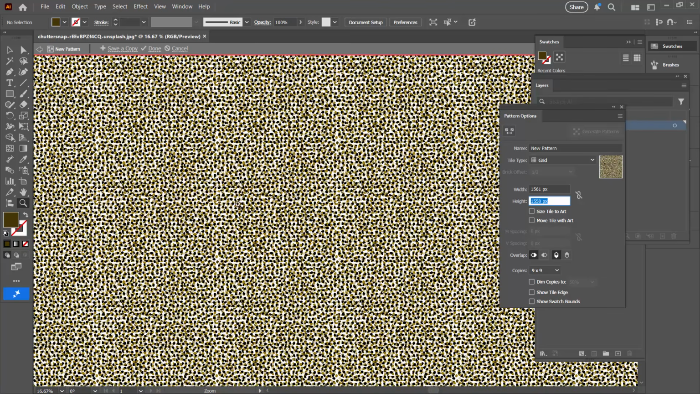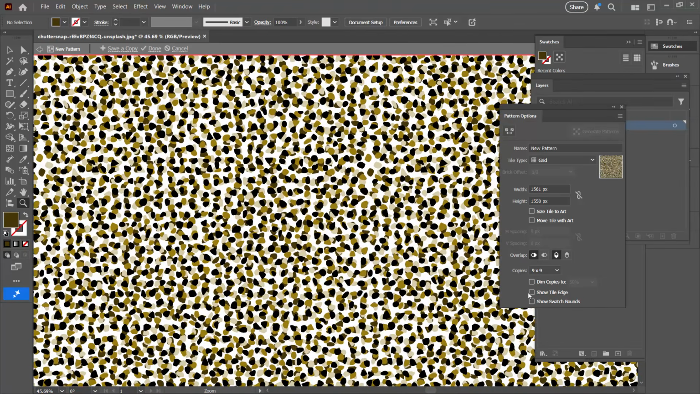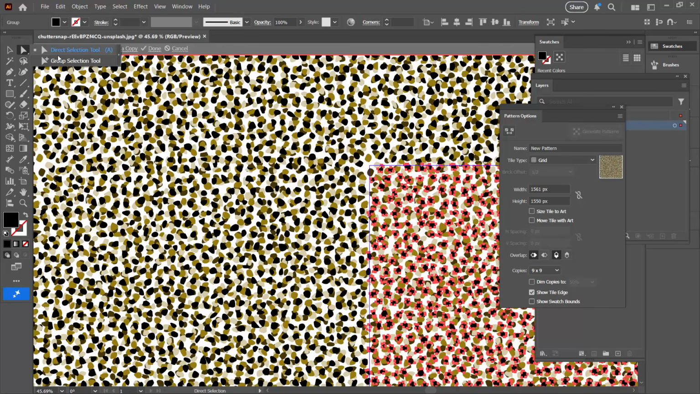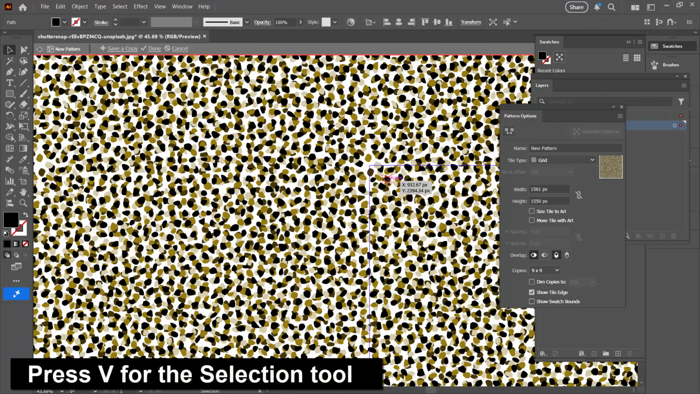Now, if you're worried at this point about any of these areas, you can zoom into this. I'm just going to turn my tile edge back on so I can see what's happening here. And you could go and grab some of these shapes just to fill up this area. Now, you're going to need to use the group selection tool. So you're going to come in here to the direct selection tool, but click on the group selection tool, and that will let you select individual shapes from the group. Once you've selected the shape, you'll press the letter V to actually select it, and then you can drag to